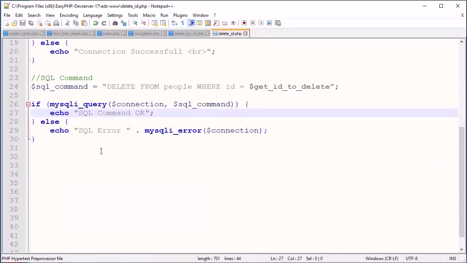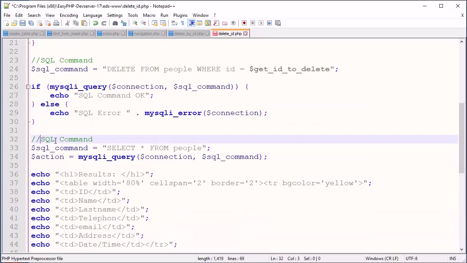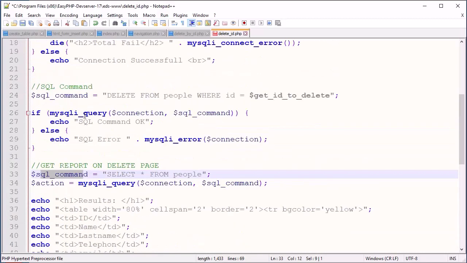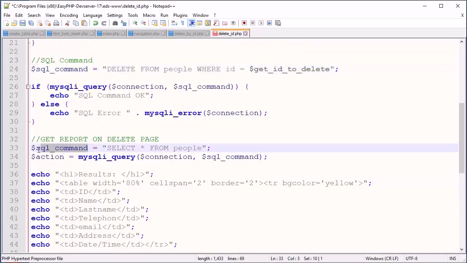So allow me a couple of seconds here to think. Copy paste, and this part will be like a get report on delete page. Okay, so we have SQL command here and also SQL command here, so that will not work. Let's change this into like get all,